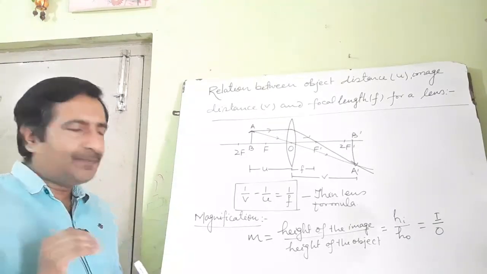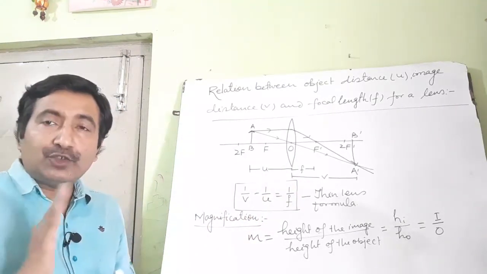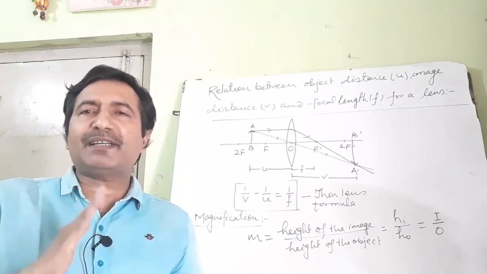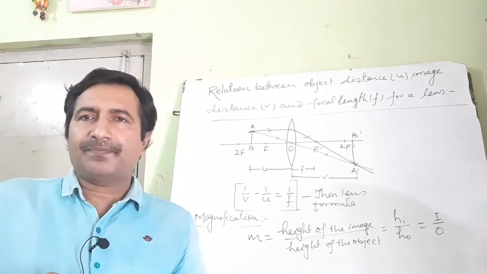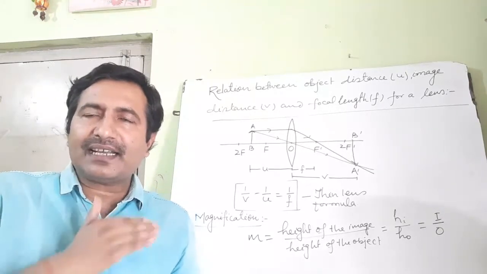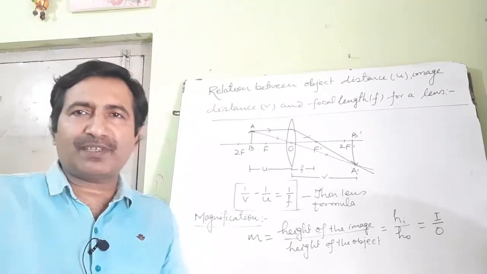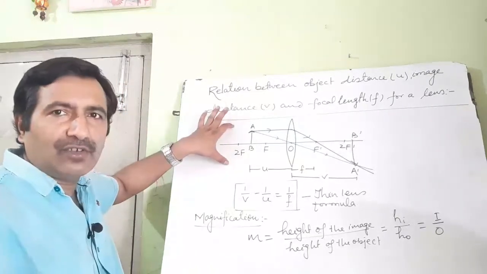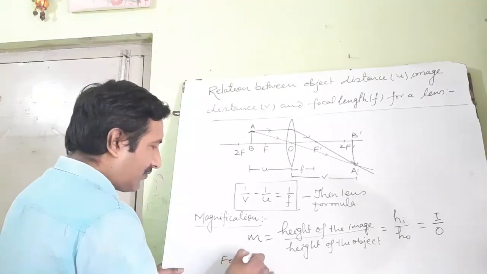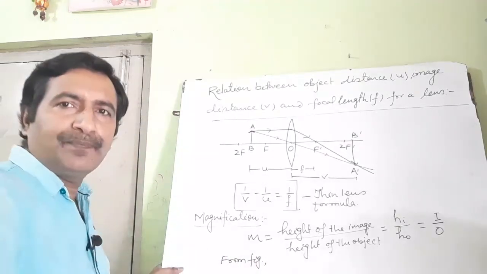In case of mirror, magnification was hi by ho. You learnt there in case of mirror the relation between magnification and image distance and object distance. Here again I will express magnification in terms of image distance and object distance. You refer this figure only. From figure, you just see